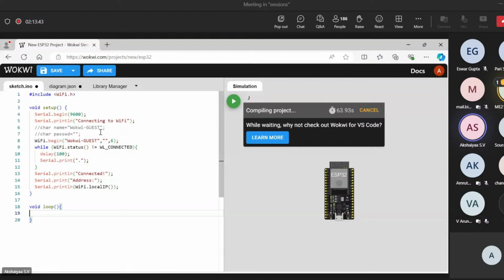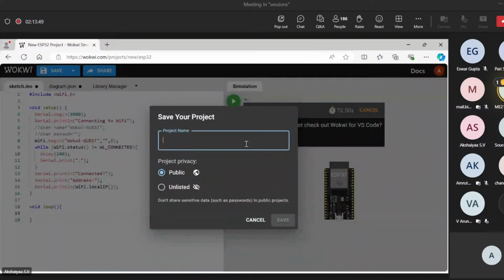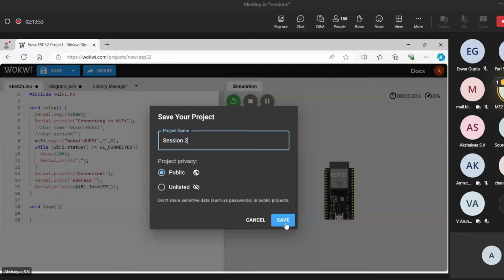Not getting compiled apparently. Just a minute, guys. We'll just try refreshing this. Oh yeah, it got connected.